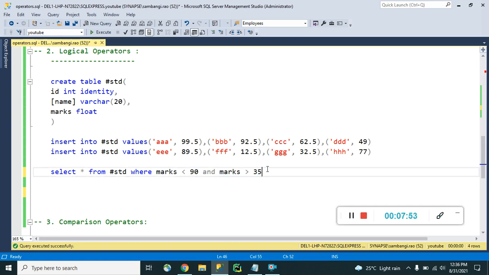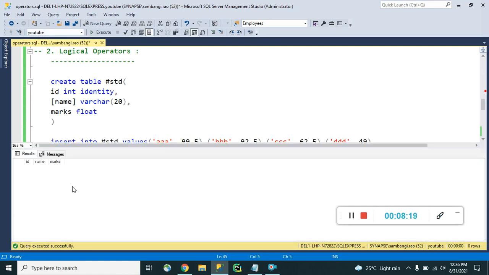See, on the left side I am giving a condition, and on the right side a condition like who are having marks greater than 100. I want to retrieve their data. Tell me guys, I want to retrieve data like below 90 and greater than 100. Is it possible? No. That's why we didn't get any data here.